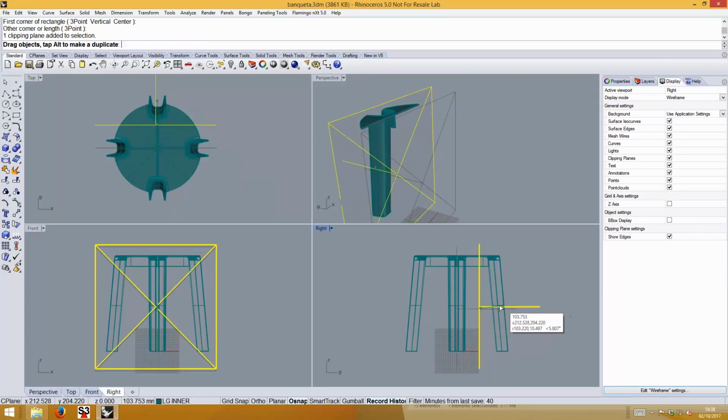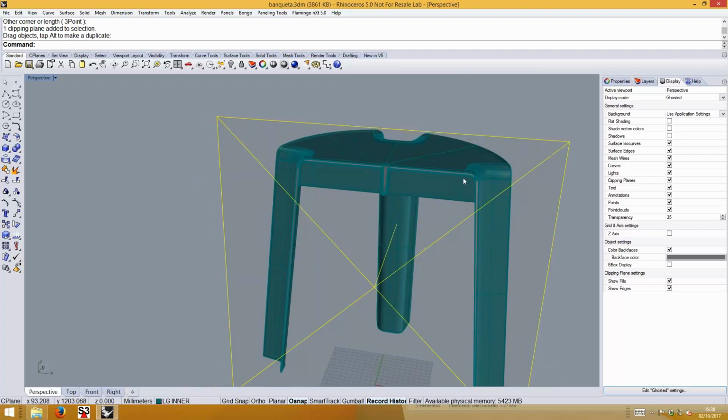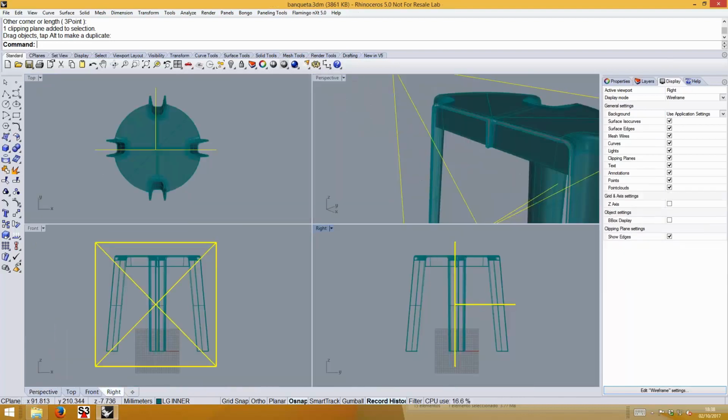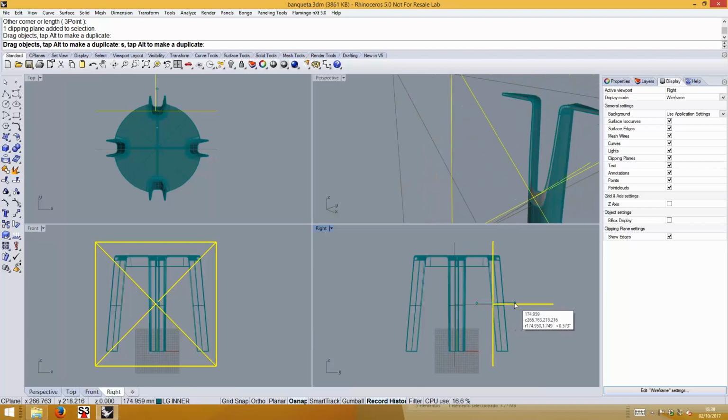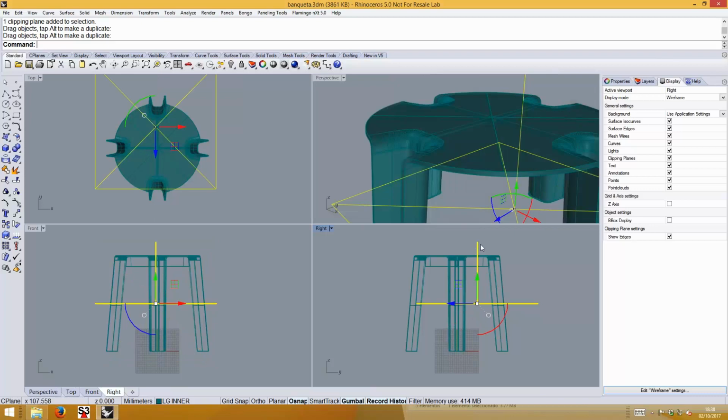I can move this, right? So this will let me check if there are actually any self-intersections or if we have a single clean wall in there. While this clipping plane is active, I can actually rotate it or do any kind of operation with it. So I can just rotate it away,